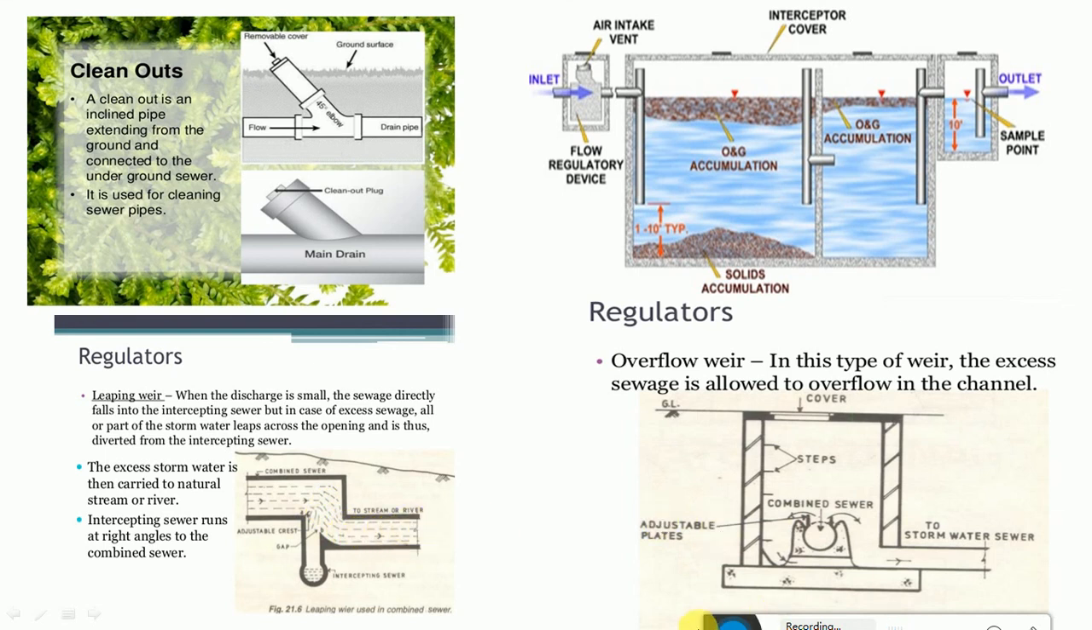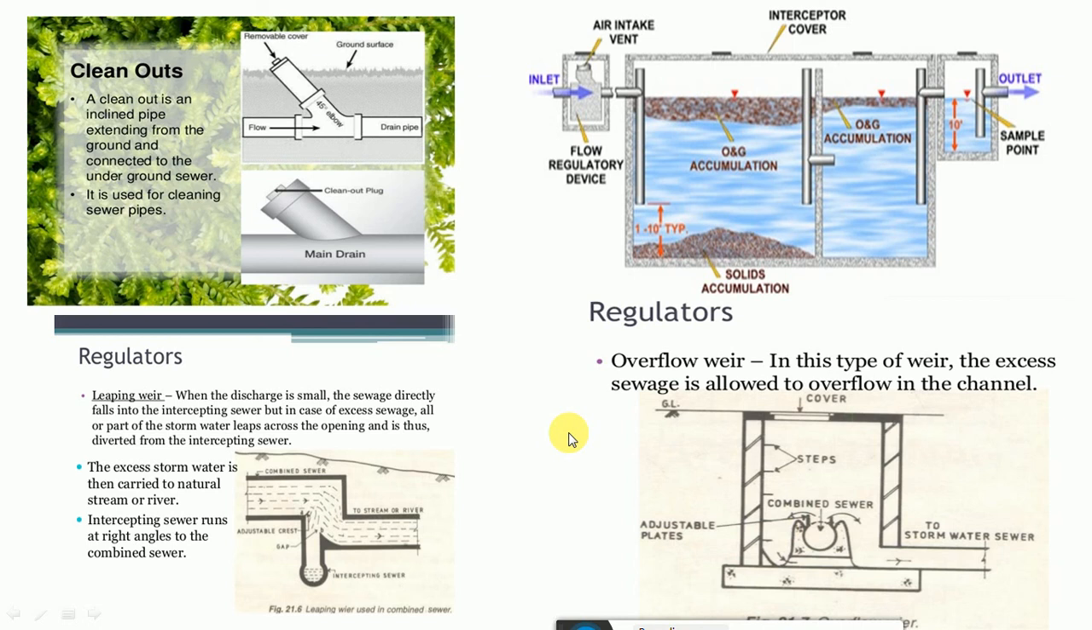Then sometimes we also have the overflow weir. These are also structures which are part of the sewerage system, where the excess sewage is allowed to overflow in the channel. These are part of the sewer appurtenances, but for your syllabus they have kept the catch basins and manholes. But just for your understanding, you should know the importance of these devices, because nowadays